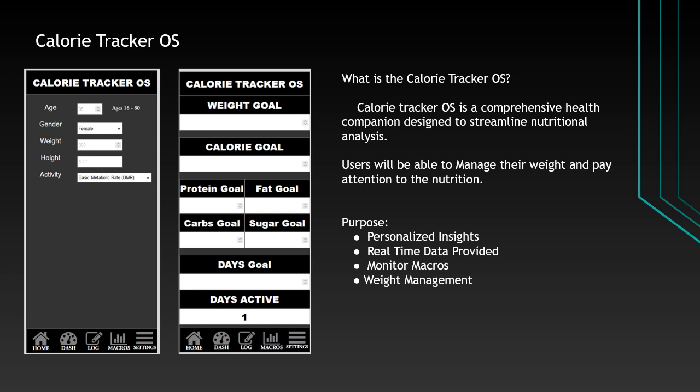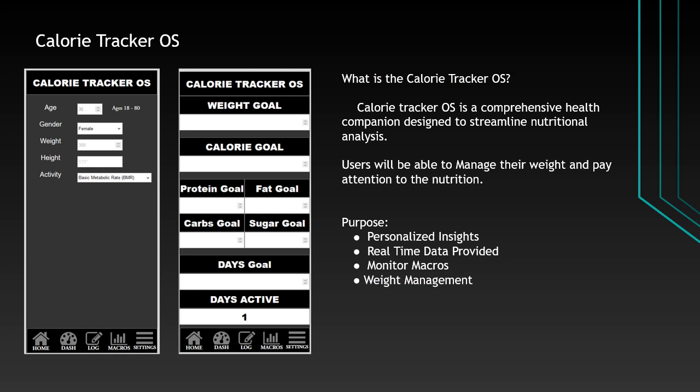The Calorie Tracker OS is a comprehensive health companion designed to streamline nutritional analysis. Users will be able to manage their weight and pay attention to their nutrition. The purpose will be to personalize insights. Real-time data will be provided to the user. They can monitor their macros, they can manage their weight, they can do many things with logs and change their